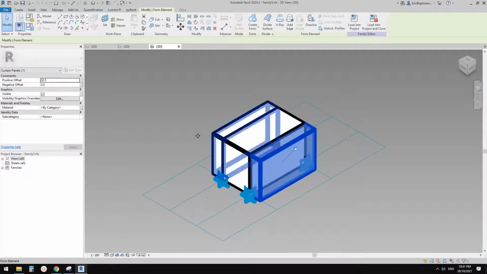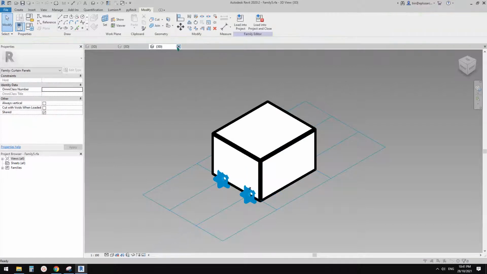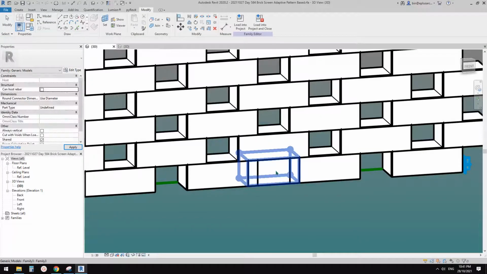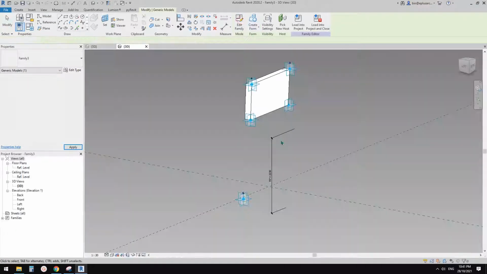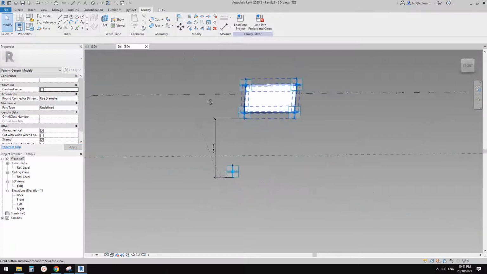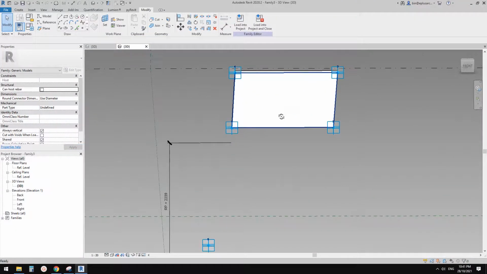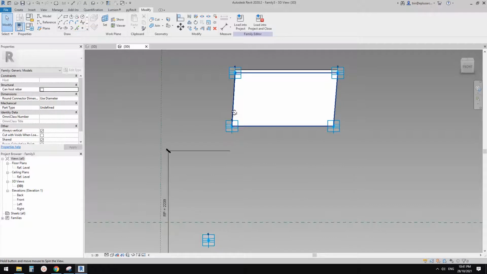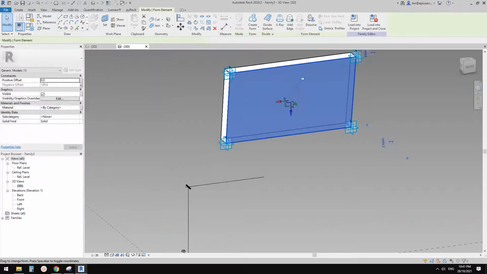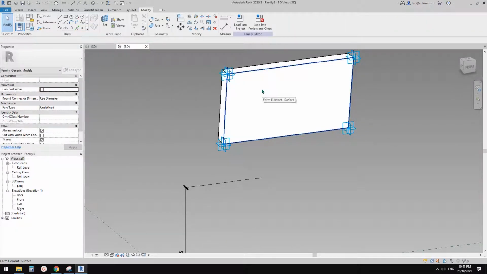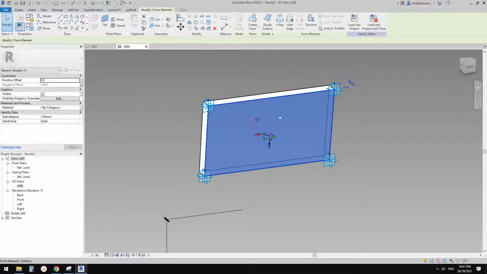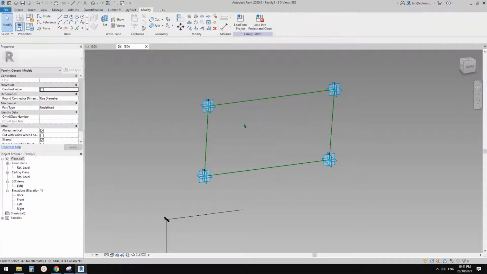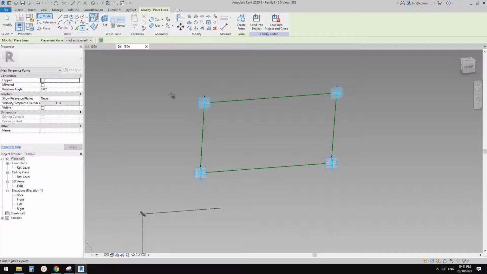Okay, so I'll select this one, 32.5. Close this one, go back to this, edit family. Okay, so it looks like we need to offset this geometry by 32.5. Maybe, let me think, how do we do it? Maybe we do this. I'll delete this form and place a point, draw on face, place it here,